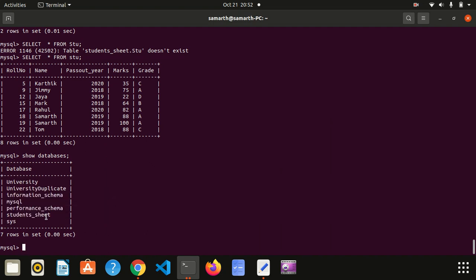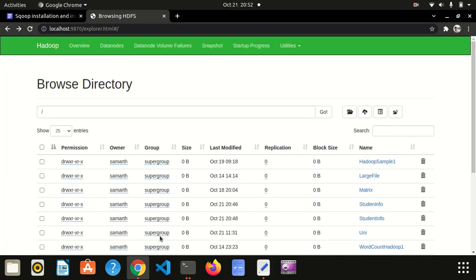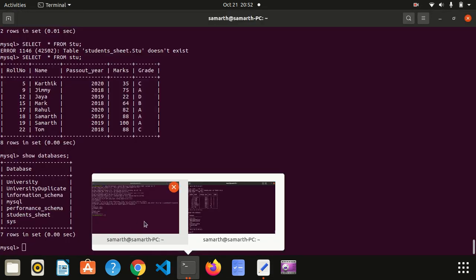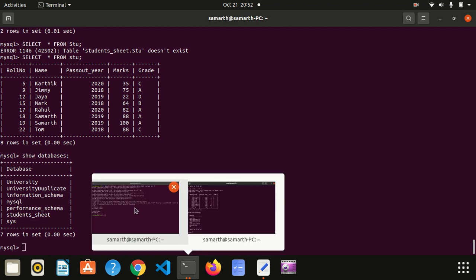You can also list the tables present in a particular database. For that you can use this command. Now I'm going to list the tables present in the university database.